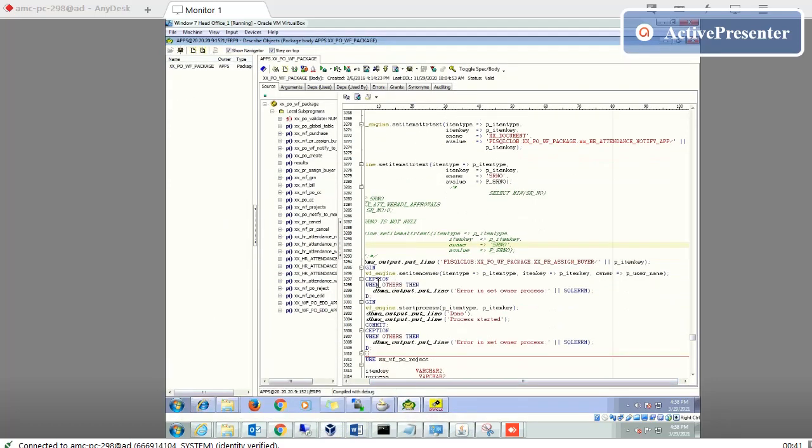After that, I set the engine, and it will call that Oracle procedure and start that process. So this is how I create the workflow builder.